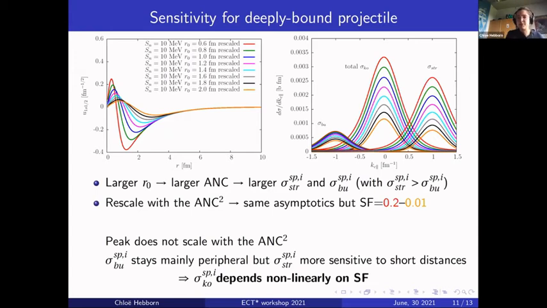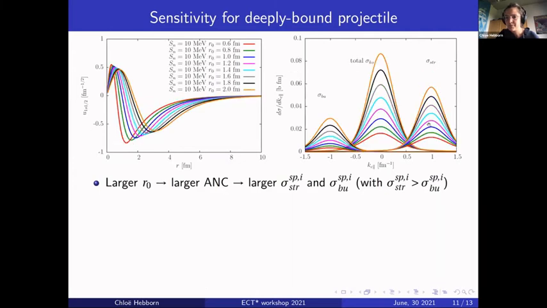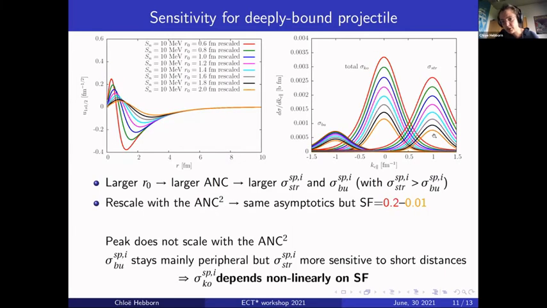So this indicates that this process is mainly peripheral. For the stripping contribution, you can see that the spread is actually larger and the order is inverse. And this actually suggests that this contribution is more sensitive to short distances. So by rescaling the wave function with the ANC, we obtain a different spectroscopic factor, and something that we can see here or that we compute, it will be more clear if you can see here, I think also,